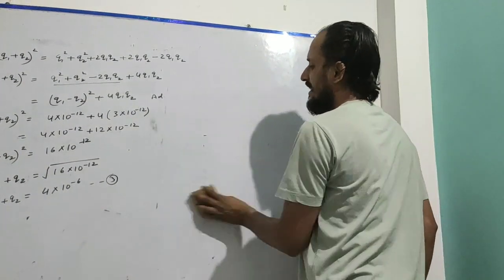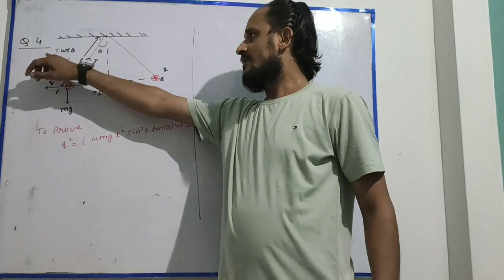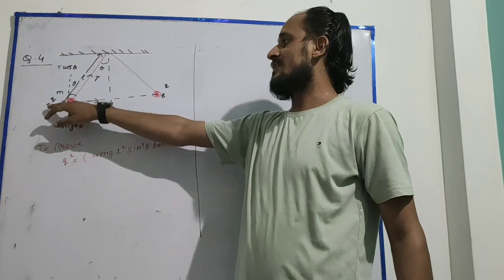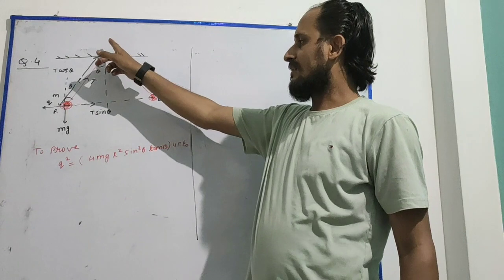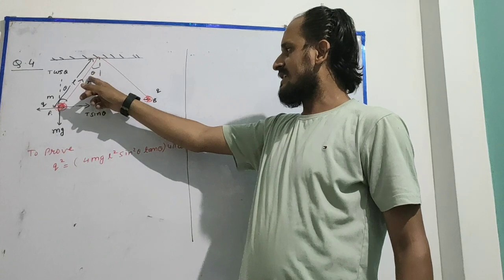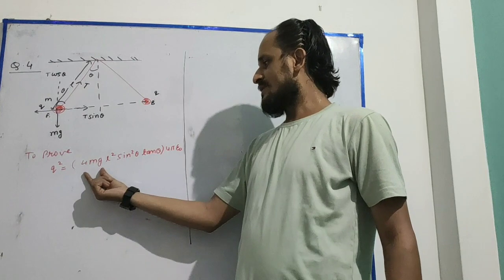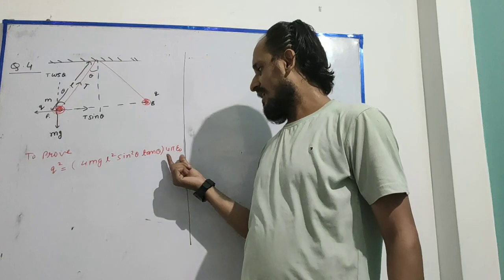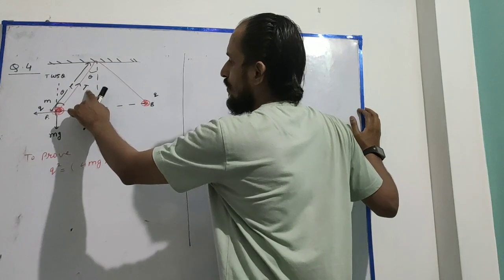Now we'll see the last numerical problem. Now we'll discuss question number 4. According to question number 4, two identical spheres having masses m each and charges q are suspended as in the diagram, connected through threads having the length l and making angle theta with respect to the vertical. We want to prove that q square is equal to 4 mg l square sin square theta tan theta 4 pi epsilon naught. So here we'll take components of T.